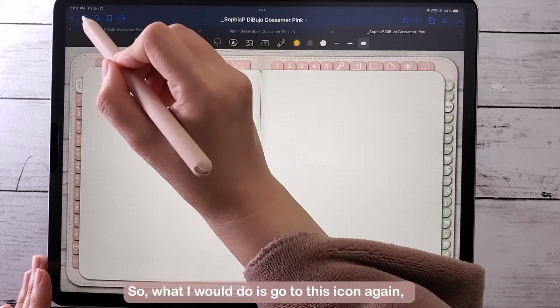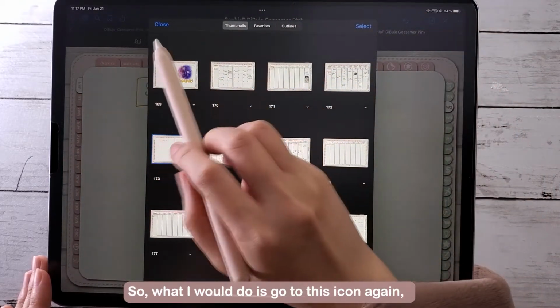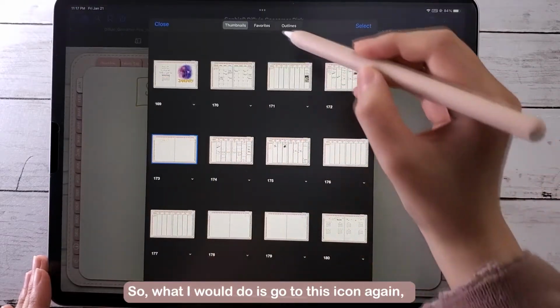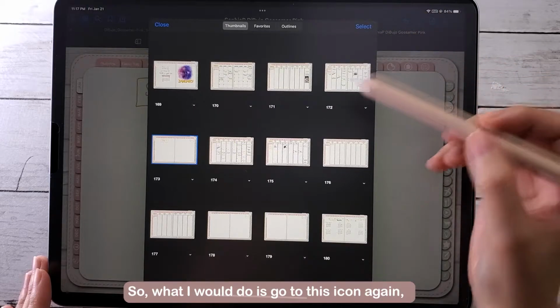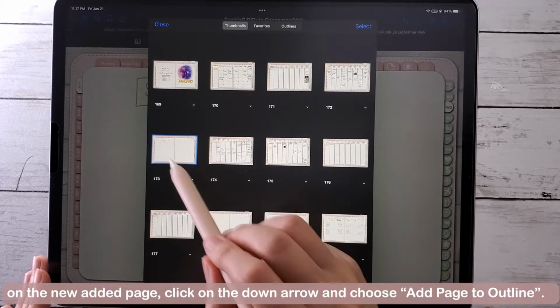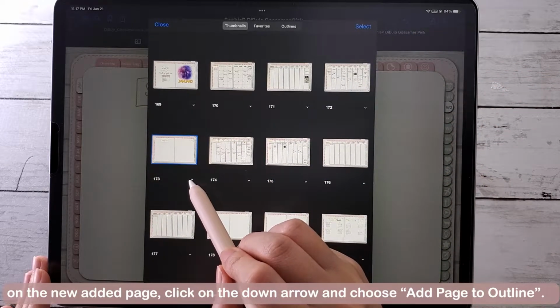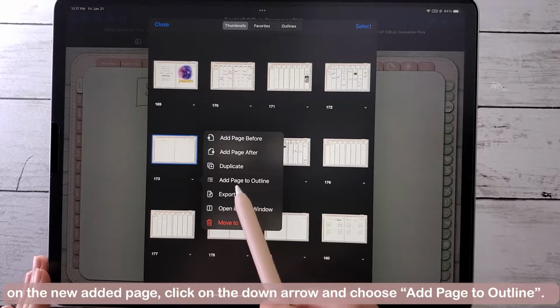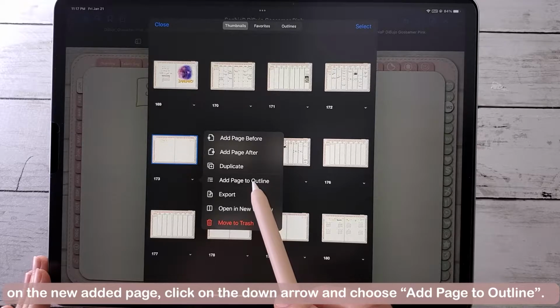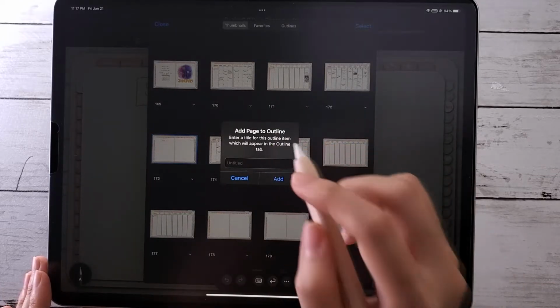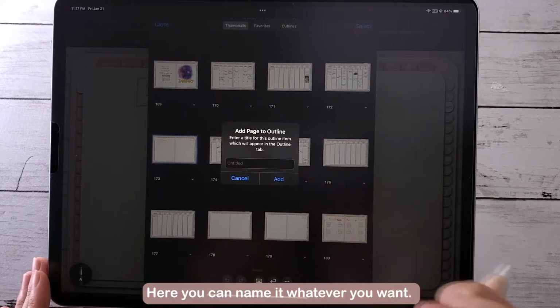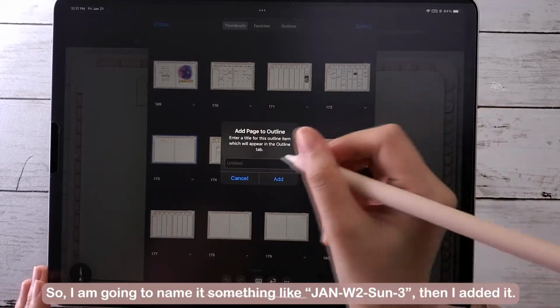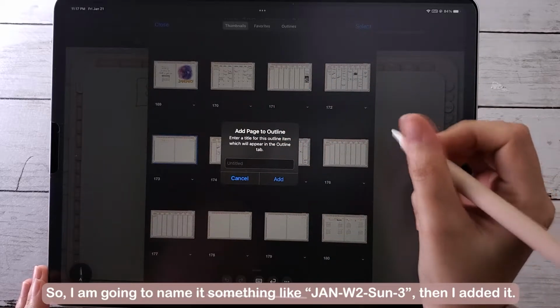So what I do normally is go to this icon again, and now on the new just added page, I click here to down arrow and I add page to outline. Here you can name it whatever you want. So I would name it something like